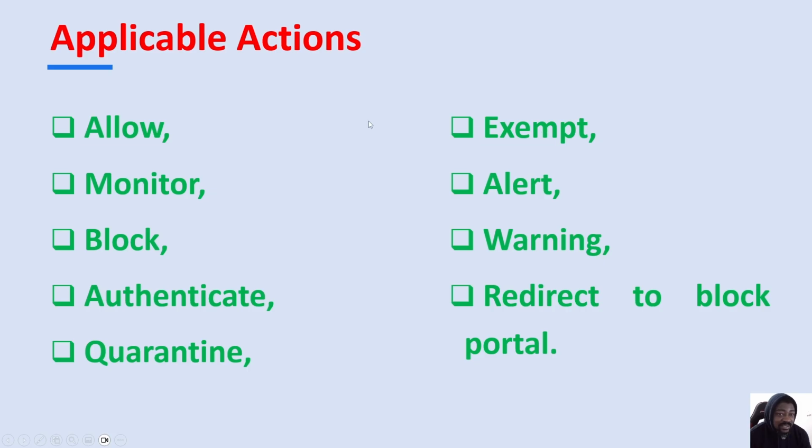So let me explain a key difference between allow, monitor, and exempt. If you allow a website, for example, let's say you create a firewall policy on which you apply an antivirus profile, a web filtering profile, and an application control profile. Let's say you apply those three security profiles on them. So